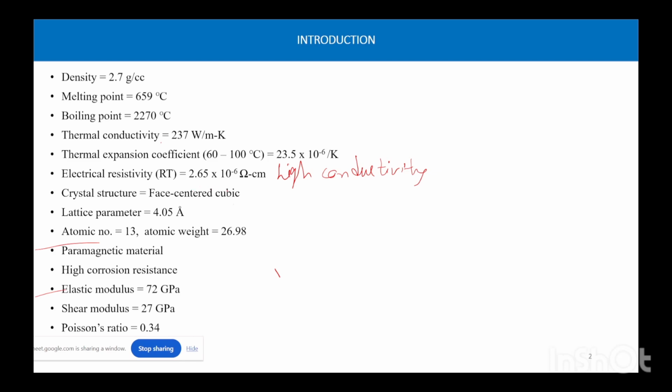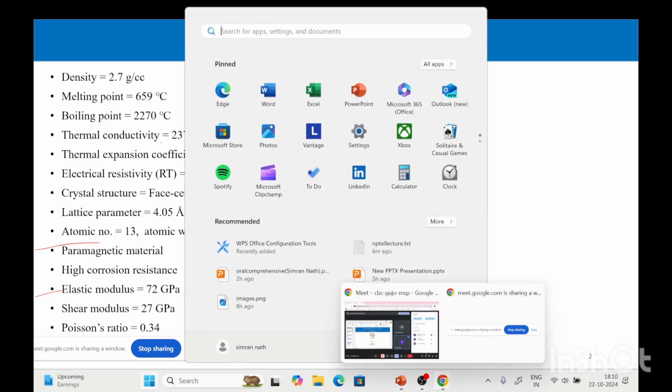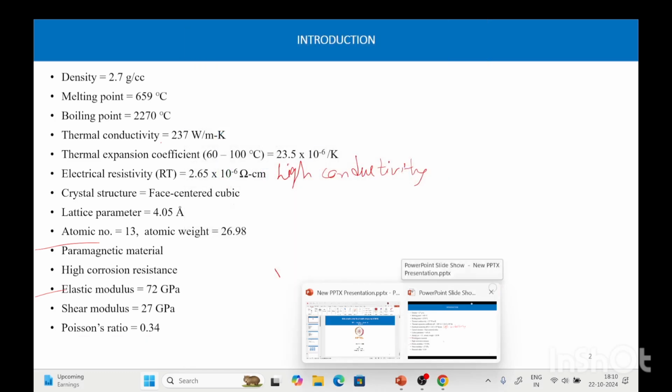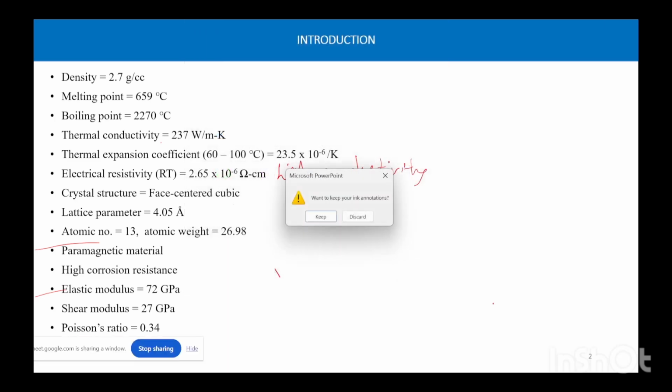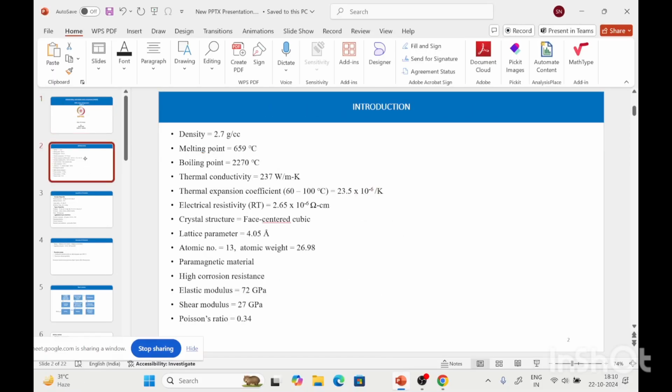Madam, slide is not changed. Okay, I'm going to the first slide. Okay, just wait. So now it is changed. Yes, ma'am. Okay,